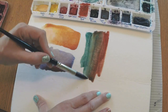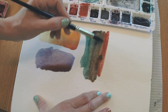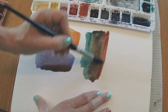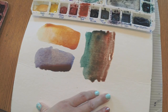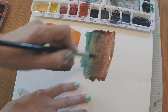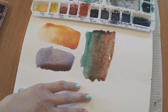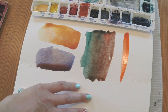And so we just move it around until it's really starting to mix. And on this side it's going to be more on the green side, and on this side it's going to be more on the red side. And yeah, it's kind of a nice cloudy brown, and I really like the muted. Every one of these has a very muted feel, so if you're wanting to go with a more muted palette, you don't want that bright saturation like you get from that Pyrrole Orange, then you know Venetian Red is a